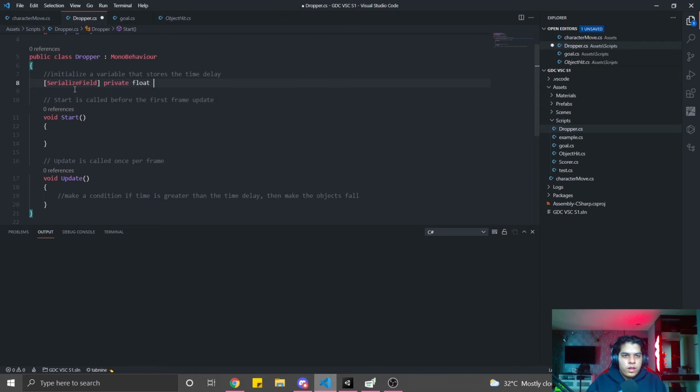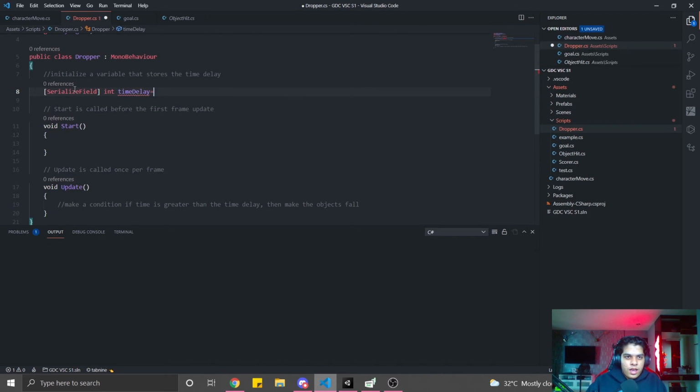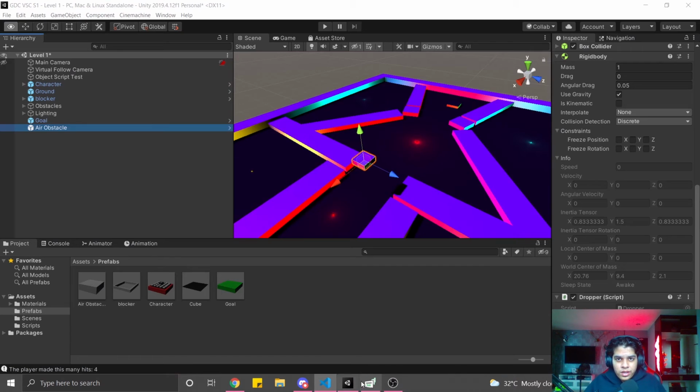So we're gonna call it private float. You know what? Let's actually not bring that up. Let's call this an int, and we're gonna call this time delay, and we're gonna set this equal to some sort of value initially. So we can just initialize it to 0. Okay, so if I save it now, and I open Unity back again,